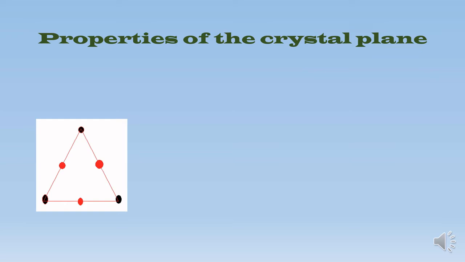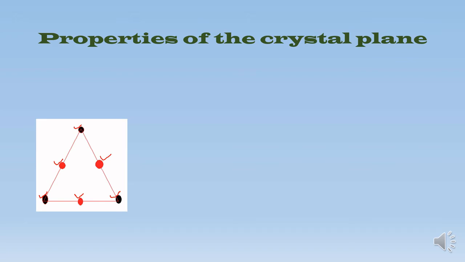Now, I have a corner atom here, one corner atom here and one corner atom here. So, we saw here total 3 corner atoms. And also, we saw in this figure this red color atom here, one red color atom here and another red color atom here. So, we saw here total 3 face-centered atoms.